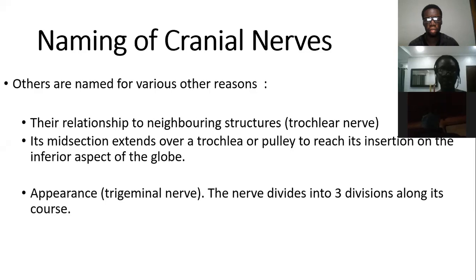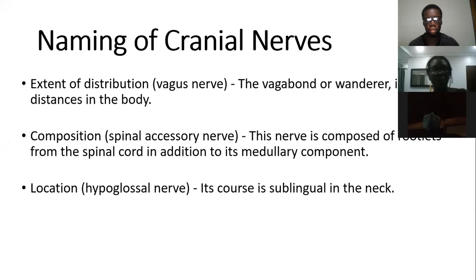Then we also have other cranial nerves which are named according to their extent of distribution. So the vagus nerve is named after vagabond or wanderer. That means somebody who goes all over the place. And if you look at the extent of distribution of the vagus nerve, it is very, very extensive. Then you can also have the